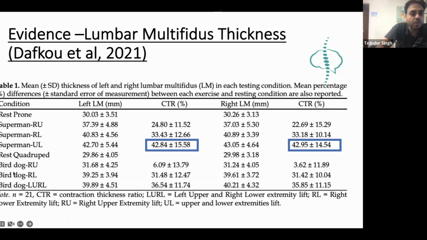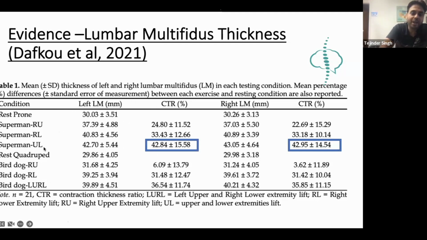They did bird dog with right upper extremity and right lower extremity. And then they did bird dog with right lower, left upper. This is hardcore research, and it was done on normal subjects. I think that's probably not the best thing, but the research said that if you're choosing the exercise as per this research article, where the results were very similar to other research articles, they